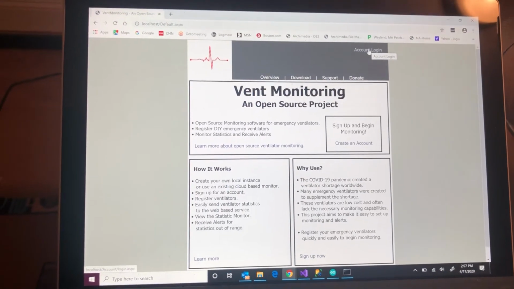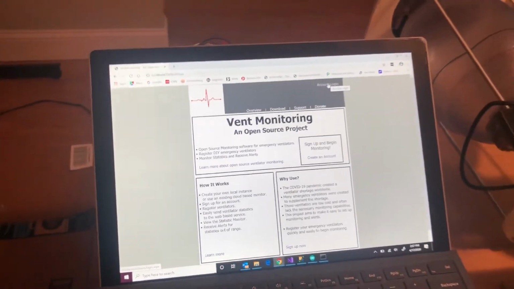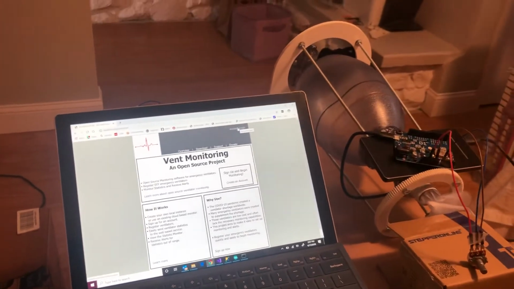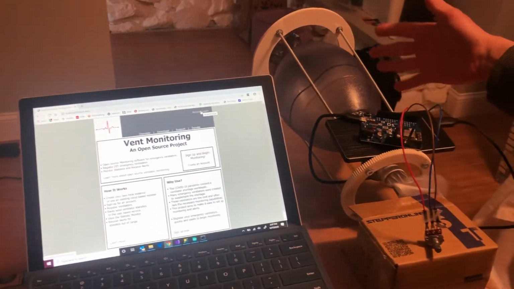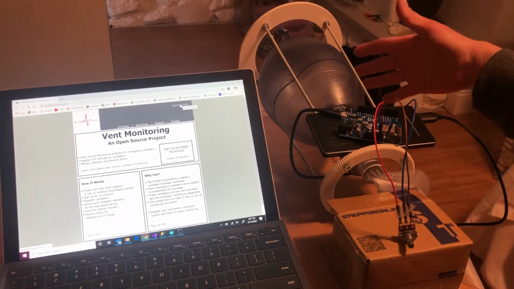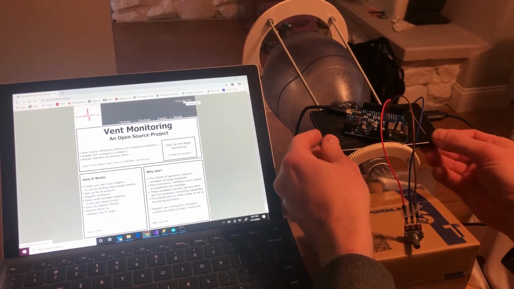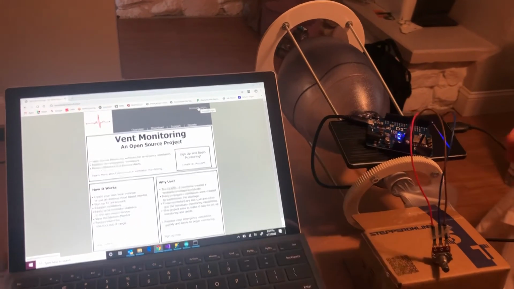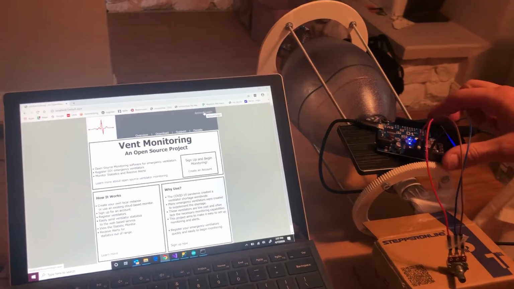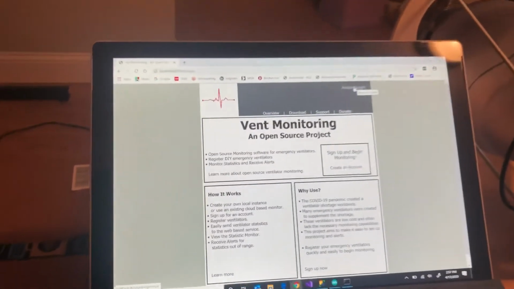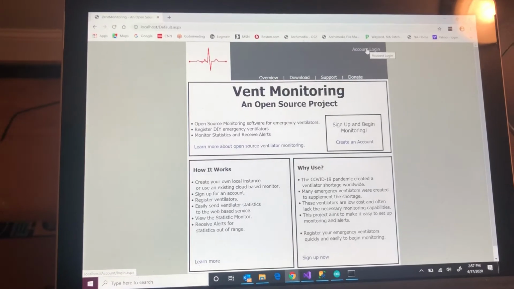Hi, I'm going to give a quick overview of the vent monitoring system. As you can see here, we have our test sample emergency ventilator. I'm going to just turn that on, and you'll see it's starting up what would typically be a PCB print controller board that controls the functioning of